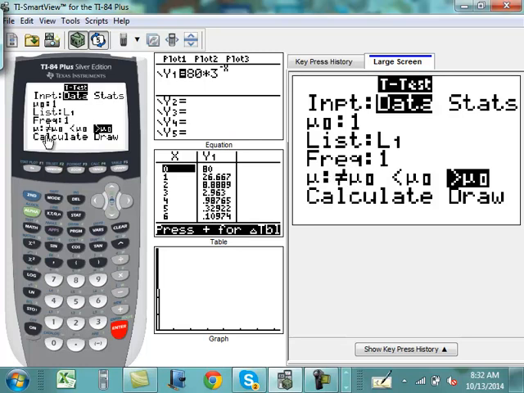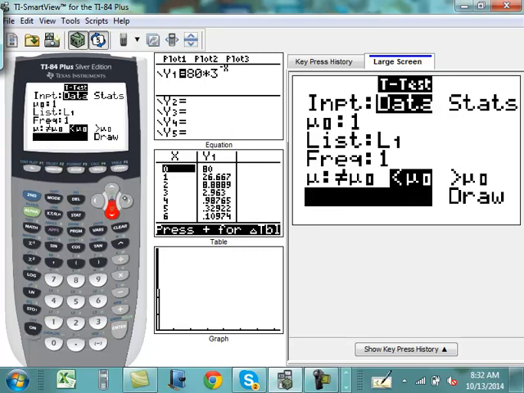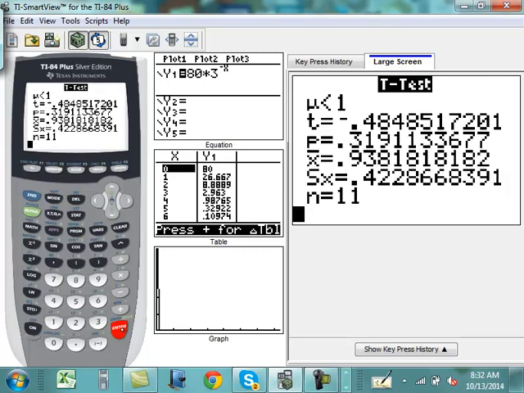And then you have 3 different alternatives for the inequality that appears in the alternative hypothesis. Which one are we going to use? The middle one? What do you think? For our example, look at our problem. I would say it's going to be the middle one. It's a less than sort of inequality. So go ahead and select that one. Does everybody understand why we're choosing that one? The less one? Okay. And then finally go down to calculate,